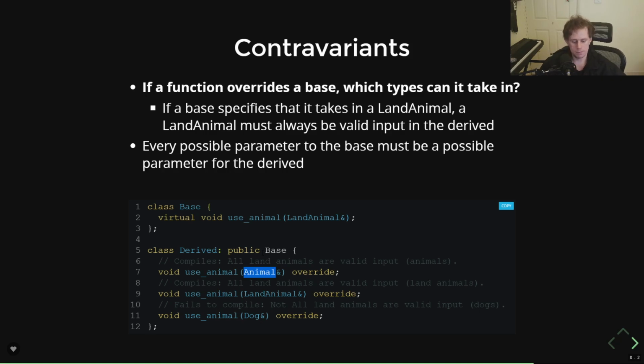That means any particular values or properties of animal here are going to be compatible with that. Land animal also works fine, but dog doesn't because dog's a subtype. So for dog to be a valid parameter here, it would imply that I could call the useAnimal function here, override this one,